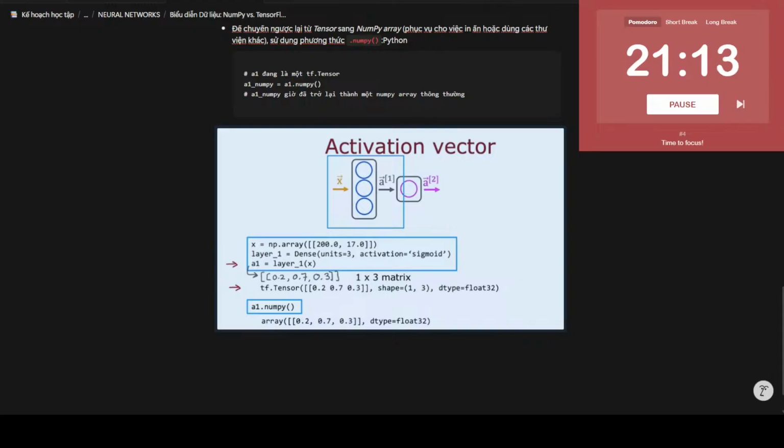Let me show you a different way of building a neural network in TensorFlow, which is that, same as before, you're going to create layer 1 and create layer 2. But now, instead of you manually taking the data and passing it to layer 1, and then taking the activations from layer 1 and passing it to layer 2,